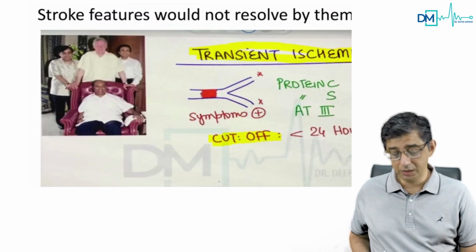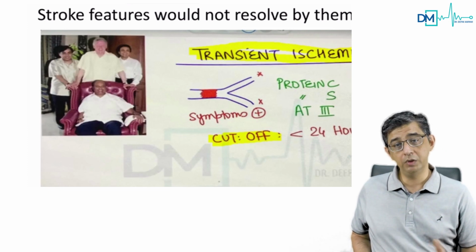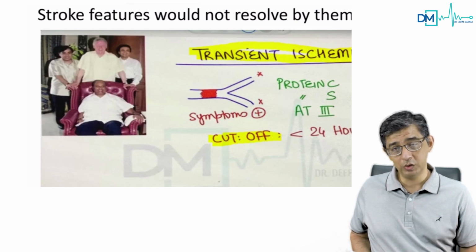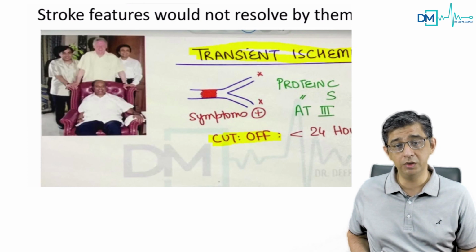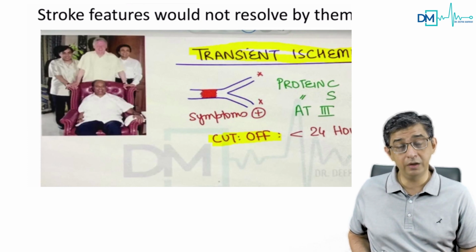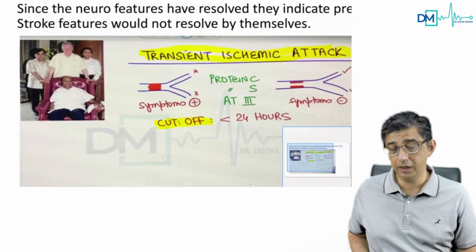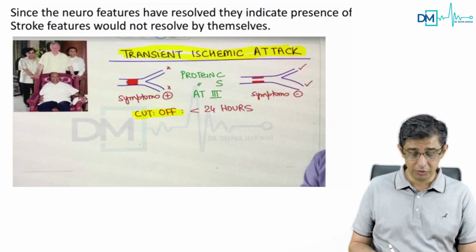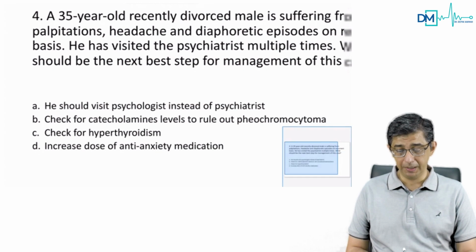In fact, here you can see an image of Dhirubhai Ambani, the richest man in India, with Bill Clinton and his two sons, Mukesh and Anil Ambani. Dhirubhai Ambani died of stroke. He had one in 1986. He survived it due to good medical care, and then in 2002, he was maybe neglecting his health. He unfortunately died because of stroke. So, as they say, money cannot buy health. But a transient ischemic attack is a precursor to development of stroke. So the clinical history that came in the exam was basically in favor of a TIA.